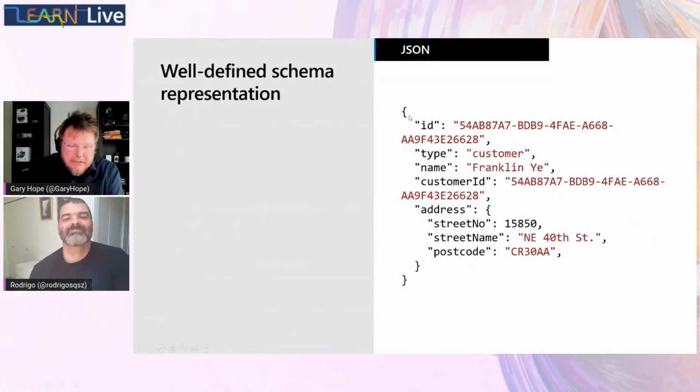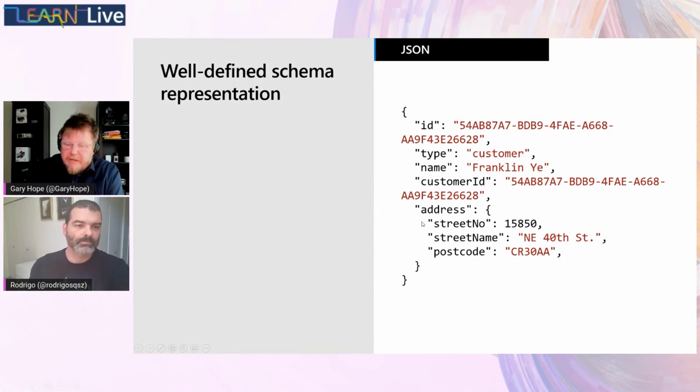So here's an example of a document that you were talking about, where we have an address embedded here. So here's a document. It has an ID. It has a document type. It has a name. It has the customer identifier for this customer record, and an address. And you'll see represented in this document, the actual street number is represented as an integer here. There's no quotation marks around the number, and it will infer this well-defined schema from this first instance of this